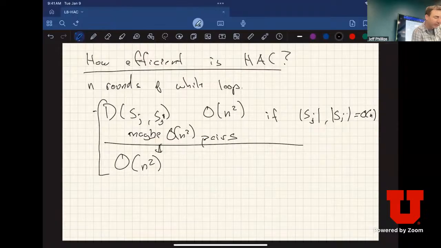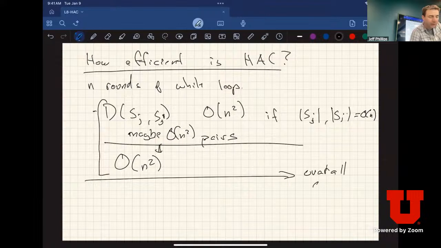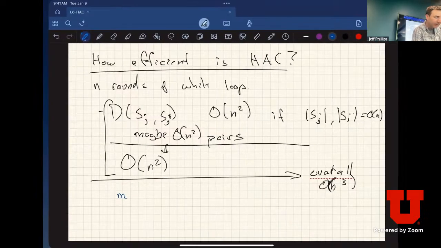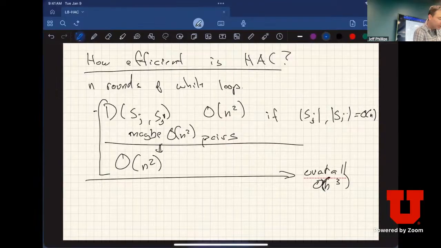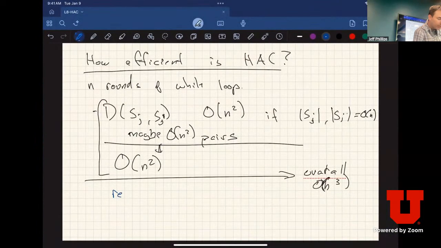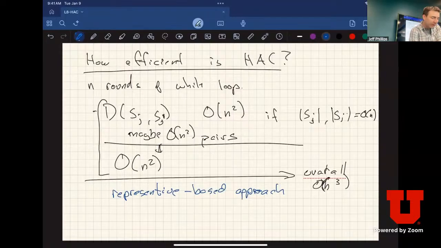Okay, so this would lead to an overall O of n cubed time, which is a lot. If I use a mean-based approach, if I keep track of, or let's say instead a representative-based approach, and this was the whole thing in category 1 of the approaches, then I can get it